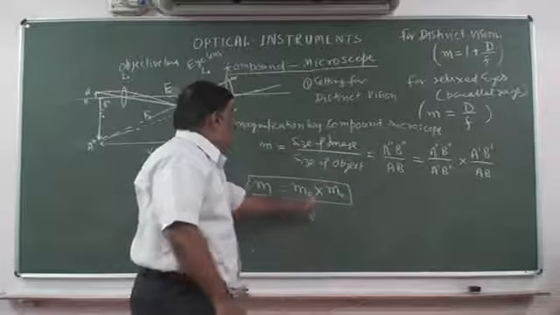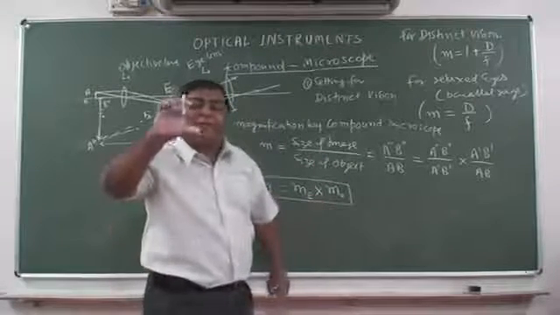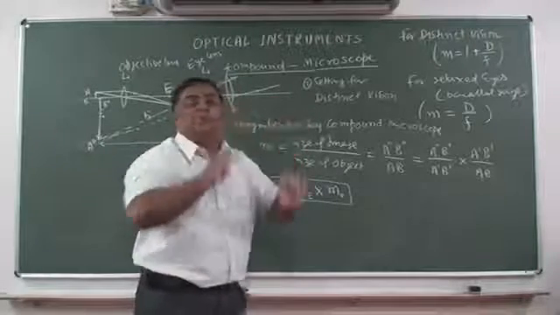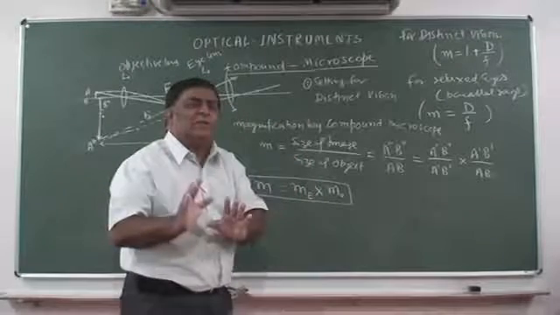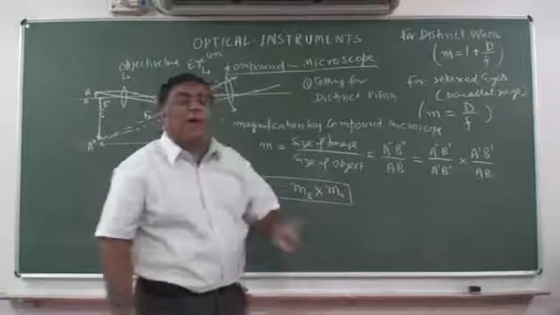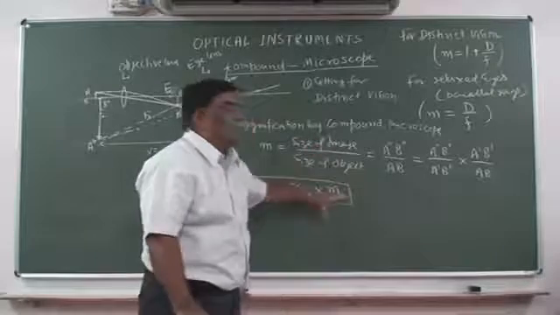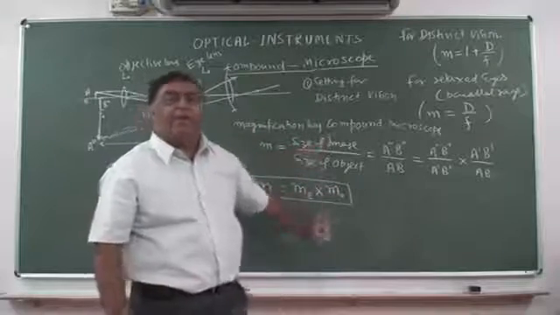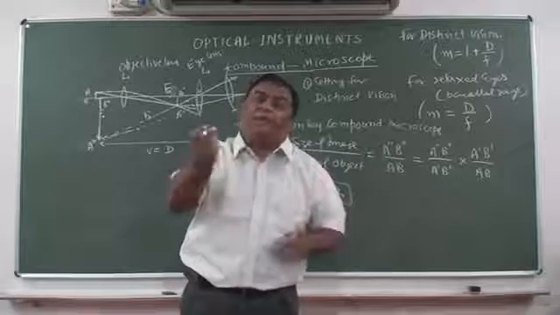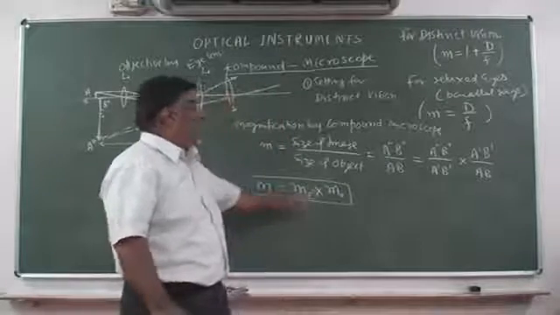हमने क्या प्रूफ किया कि आपको प्लस नहीं करना है, आपको क्या करना है? मल्टीप्लाई. This will magnify 2 times, this will magnify more 3 times, 2 into 3. तो अभी हमने सिर्फ एक छोटी सी चीज प्रूफ ये की है कि दोनों के मैग्निफिकेशन का मल्टीप्लिकेशन होगा, एडिशन नहीं होगा. लेकिन इसी बात को प्रूफ करने के लिए हमको ये 2 स्टेप करने पड़े. सो रिमेंबर, एक का मैग्निफिकेशन, दूसरे का मैग्निफिकेशन, इन दोनों से अगर आपको टोटल मैग्निफिकेशन बनाना है, डोंट मेक ए प्लस, इट इज ऑलवेज ए मल्टीप्लिकेशन.